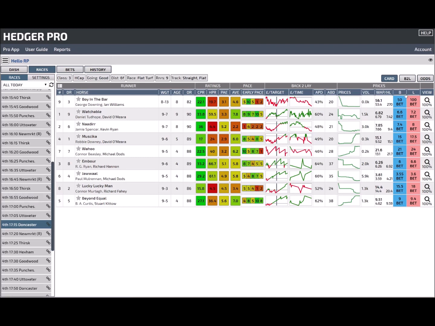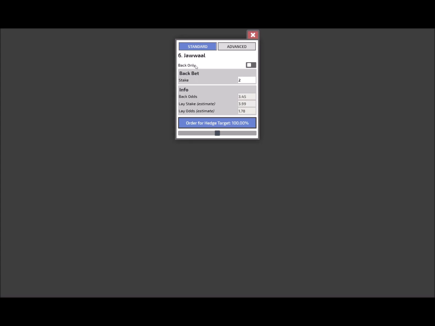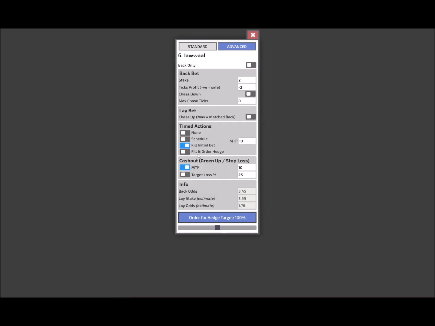You set your stake, you can even set a target percentage to stop at a profit, and over the day it will place your bets and trades, and when it reaches your profit point it'll stop. Or you can just have it so it places all the trades for you, come what may. And you can see here in the advanced slip that you'll have your minutes to post. You've got a target stop loss now, which the developer is actually working in, and yeah, you'll be able to place all your trades in and just leave it to do its thing, which is fantastic, because this software is